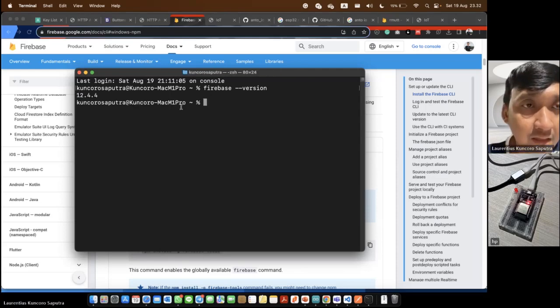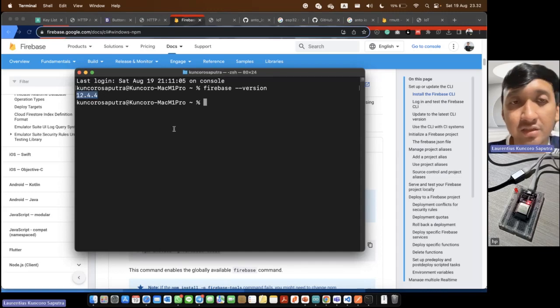If you get a return value like this, it means your Firebase CLI is successfully installed on your computer. So we can continue our steps to deploy our web application files to Firebase hosting.